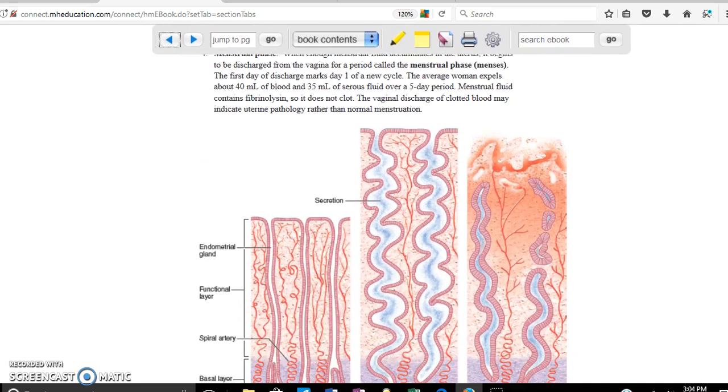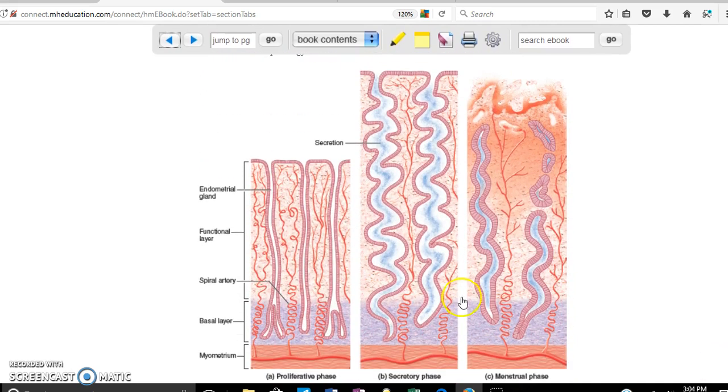Okay, and here you have a drawing where they are showing you what happens. Proliferative phase, there's nothing basically, it starts growing. Secretory phase, in here you have a lot of blood vessels and a lot of secretions that are going to be available and ready in case the female becomes pregnant. So the future baby, the embryo, is going to be able to get blood and nutrients in order to start growing. If the female does not become pregnant, then everything gets lost through the menstrual period,